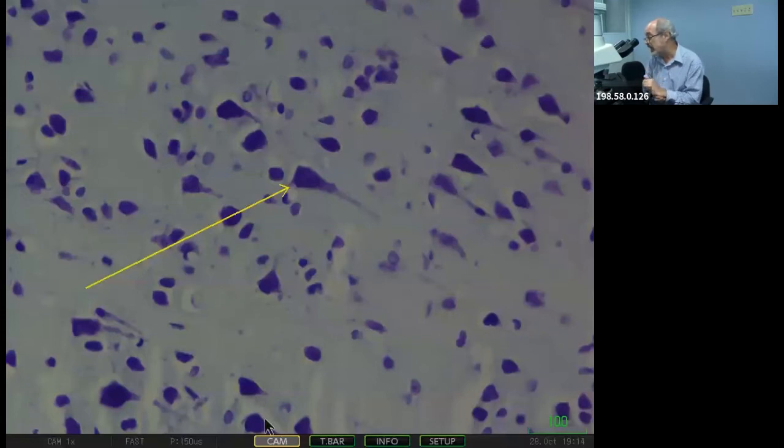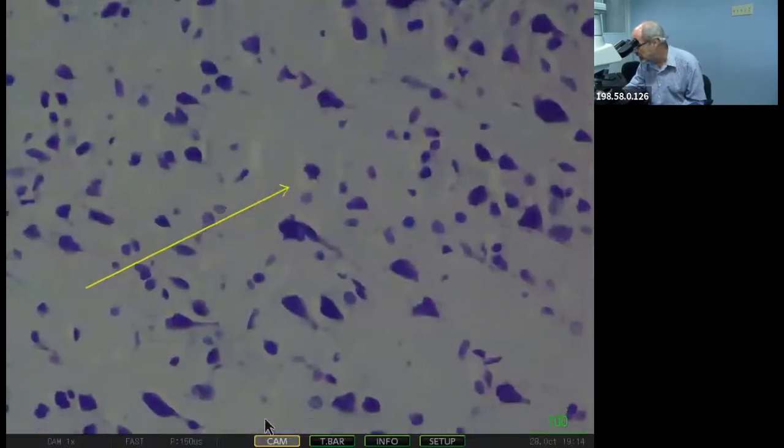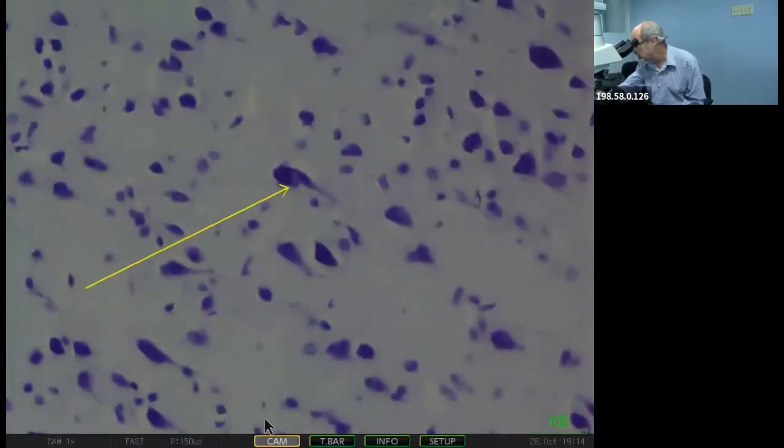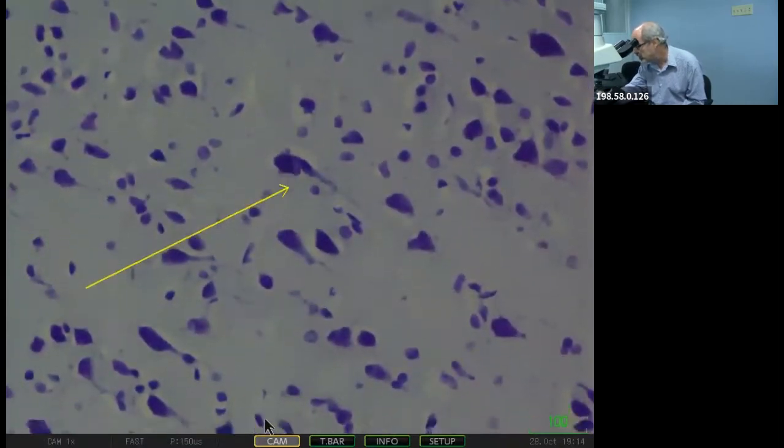So these big pyramidal cells are called giant cells of Betz, B-E-T-Z, and they are the ones which are involved in the execution of the movement. So these giant cells of Betz are the ones responsible for the execution of the movement, and usually you can find them in the 5th layer of your cerebral cortex, okay? You will see this part next year in the 2nd semester.